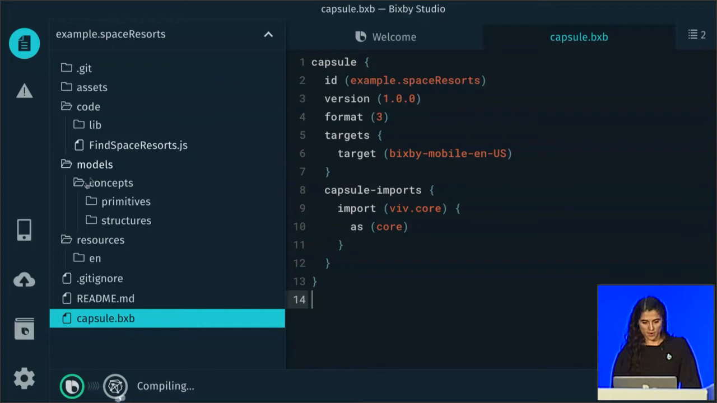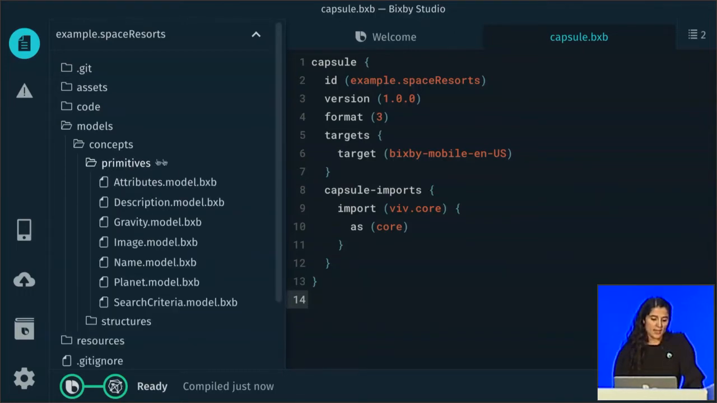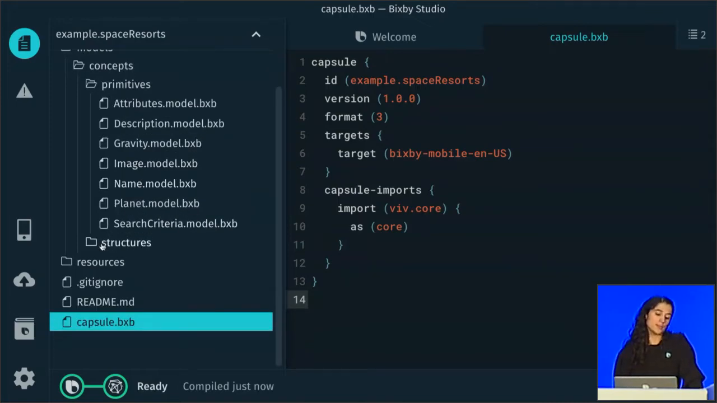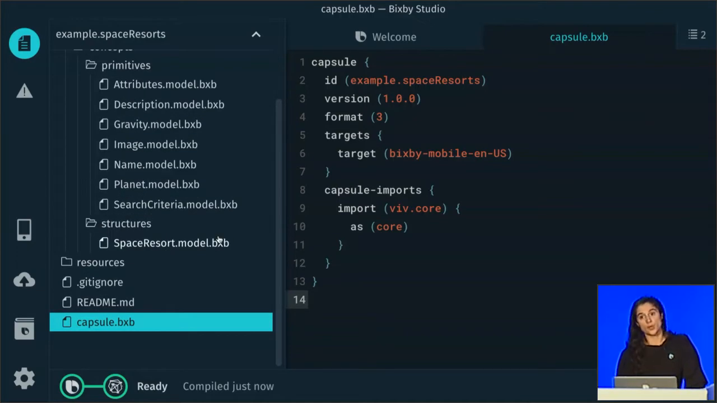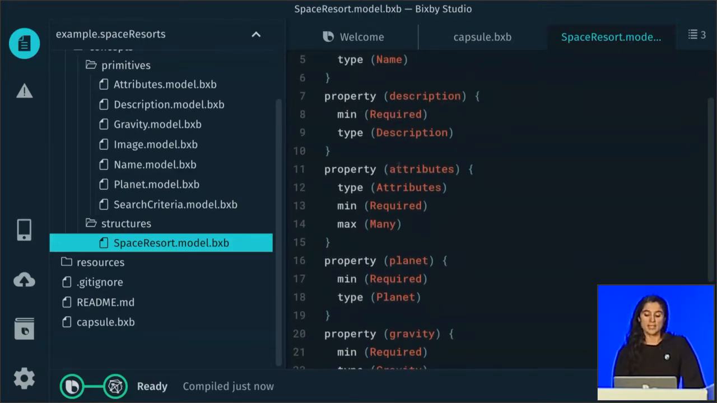And copy over more files here. So what I've done, and I'll walk you through the files I've added, is add all my primitives in the primitive folder, and then I've put them together into a space resort structure where all the primitives are used as properties of that space resort. So of course, the space resort has a name, it has a description, it has a list of